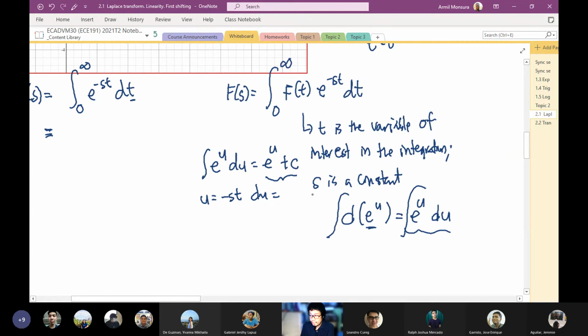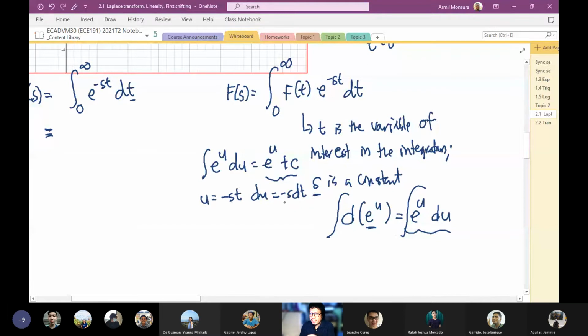Here again, s is considered constant. Negative s times the derivative of negative st, dt. Tama? Yes, sir. Okay. So ayan. Ngayon,